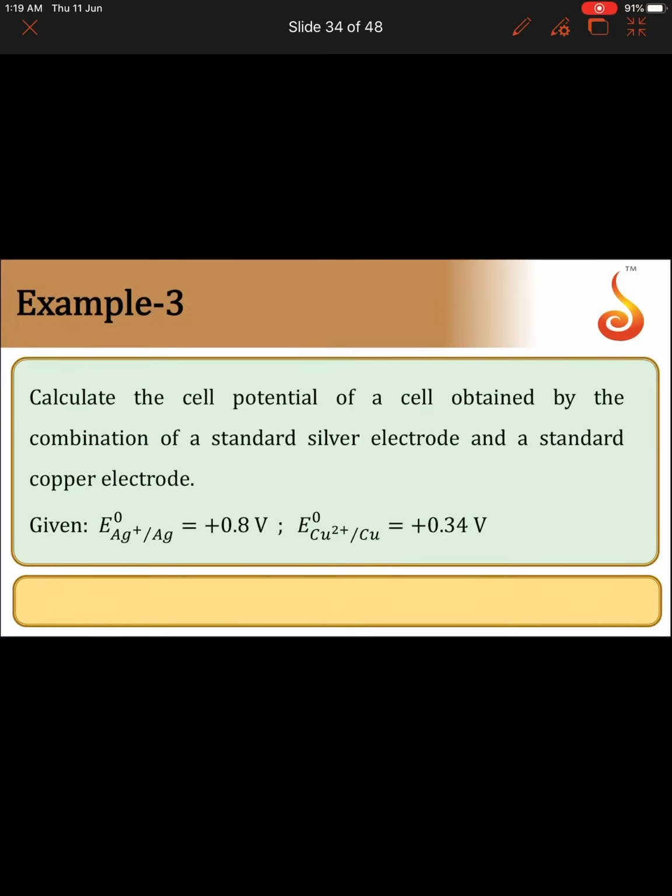Calculate the cell potential of a cell obtained by the combination of a standard silver electrode and a standard copper electrode. Standard reduction potential values of silver and copper are given. The formula to calculate the standard electrode potential is E0 cell is equal to